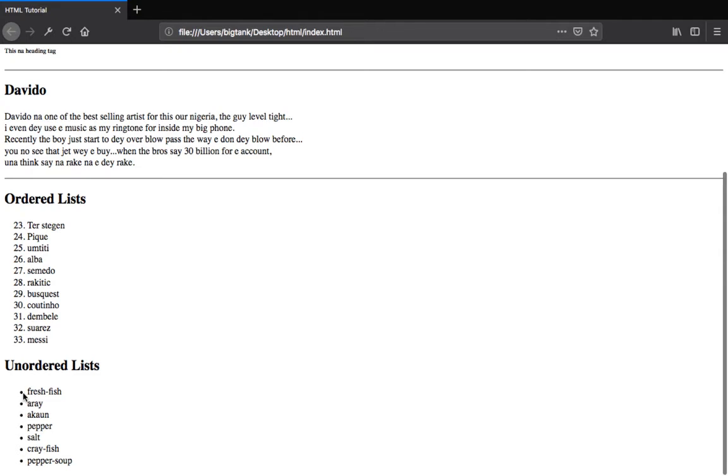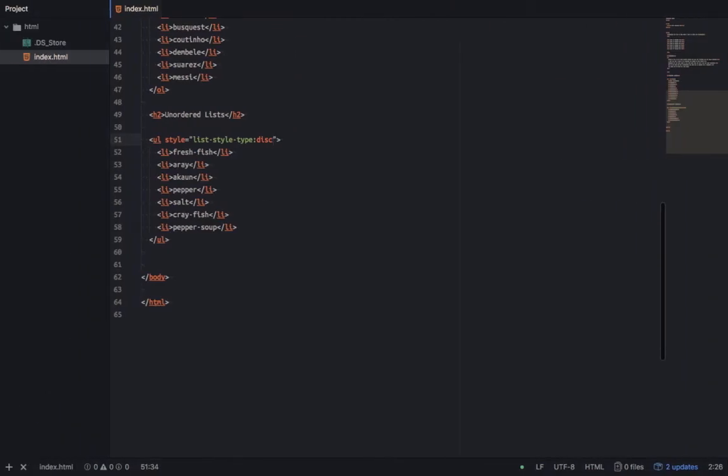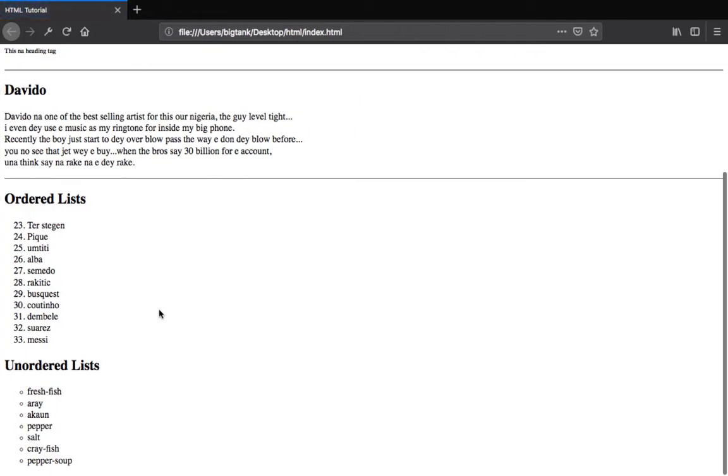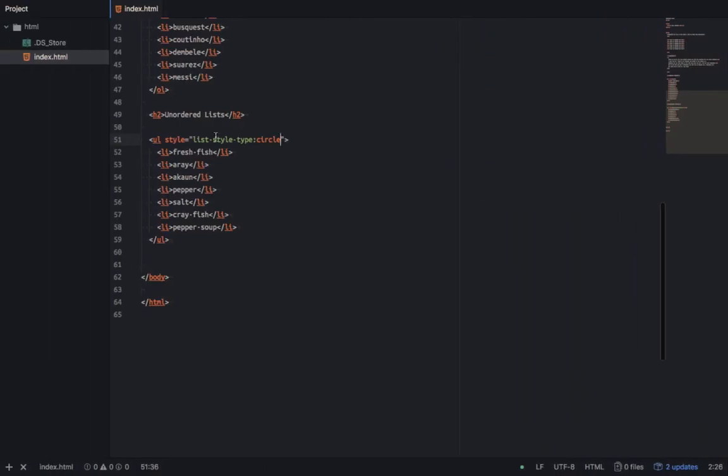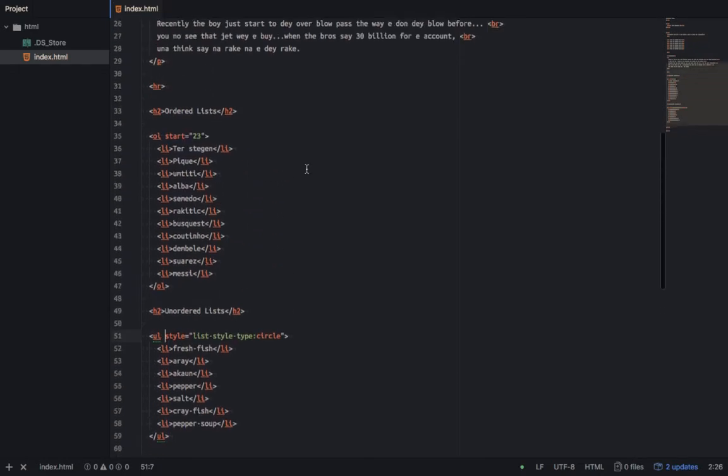The default is disc, because the other one is circle. If I come here and say circle, you see it changes to circle. This style works here because it is CSS, and when we get to CSS you will understand this better. So I just leave it here for now.